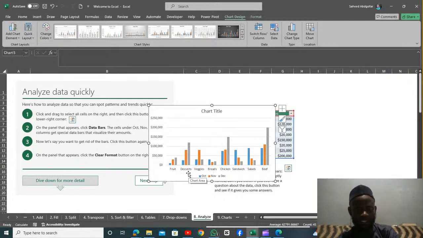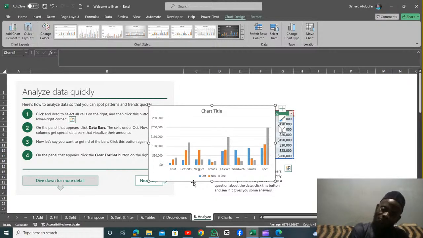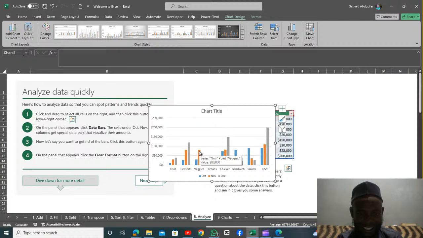Also, desserts. In short, most of our data shows that it is only in veggies that we have people taking it. Let's say that we have the highest sales of veggies in November. It's only in November that we have higher sales of veggies. Then for sandwich and salad, we have higher sales in the month of October. While for the rest,